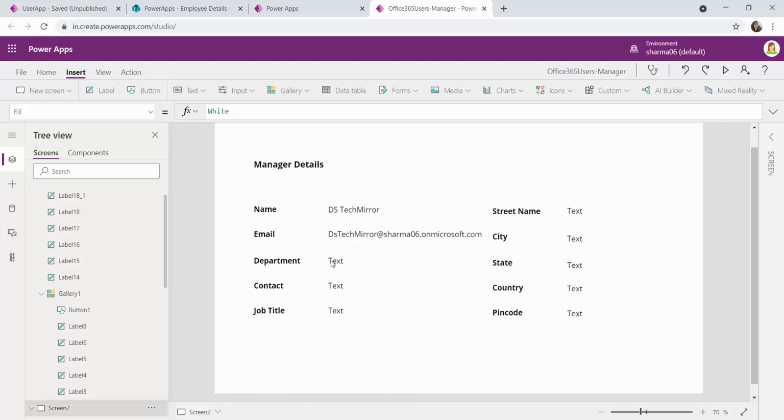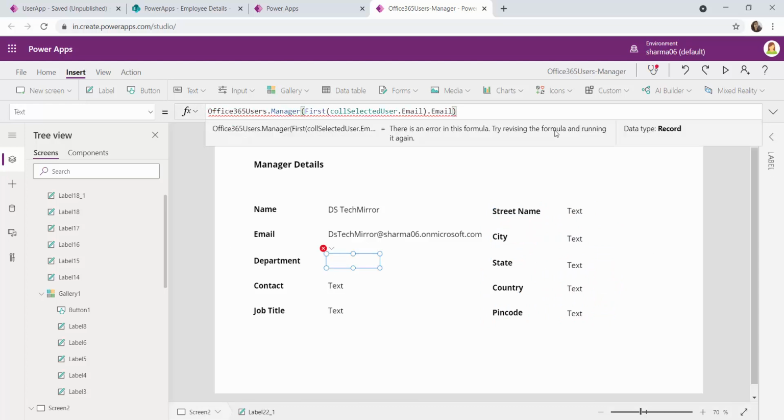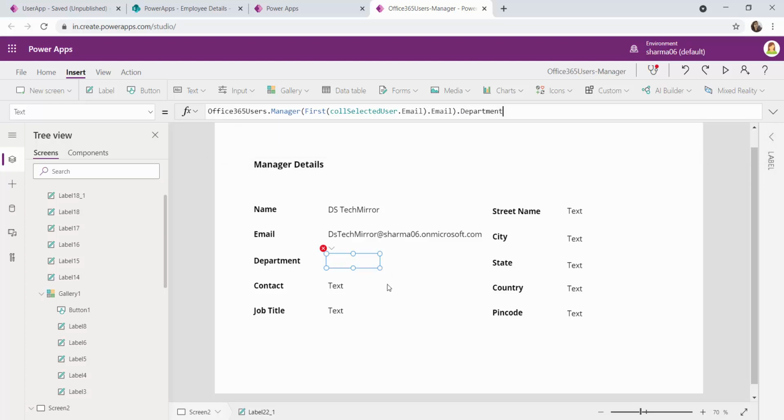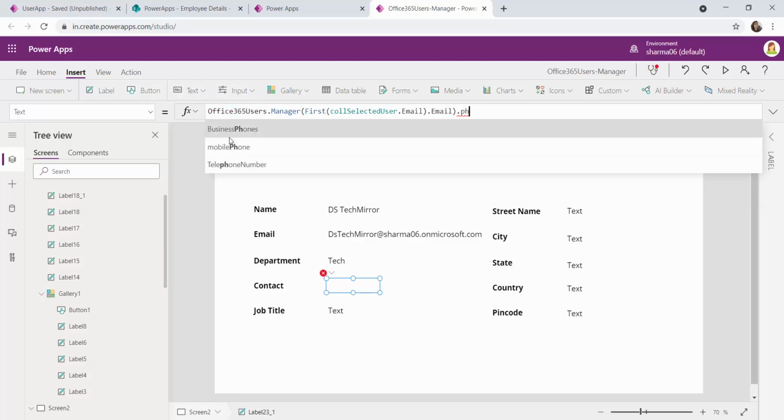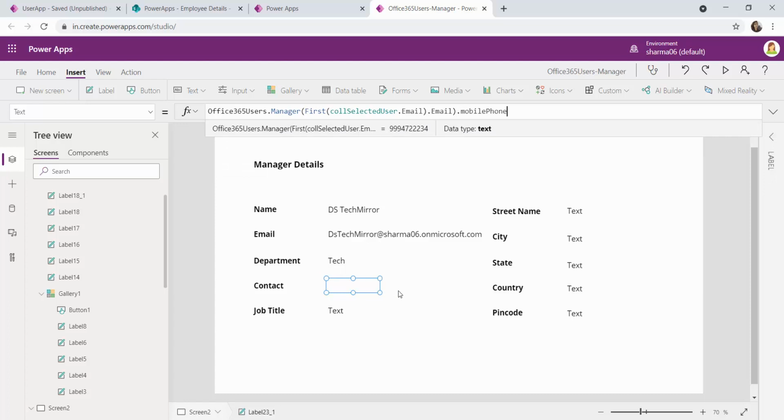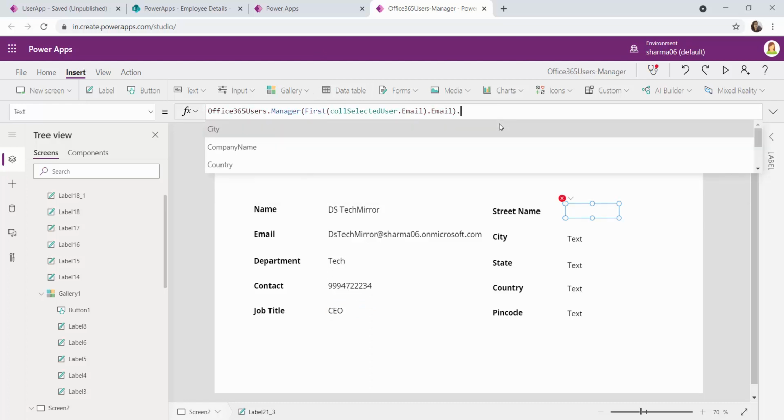Fine. Here department, again dot department, and here contact dot phone number. You see you have many options: business phone number, mobile phone number. Let me click mobile phone number. Yes. Job title, job title, dot. We need street name,